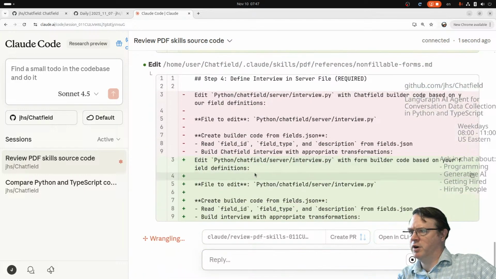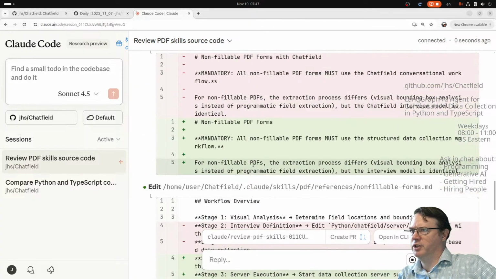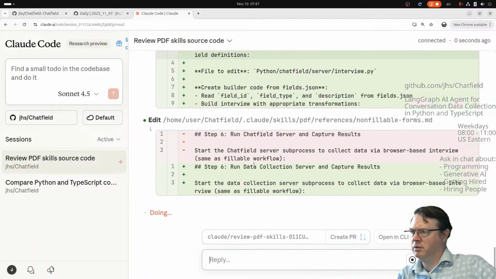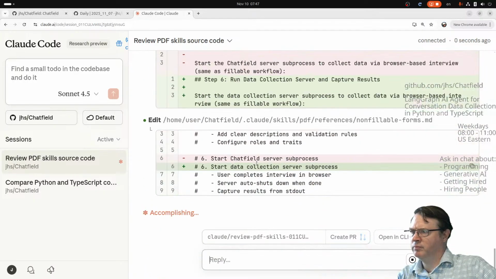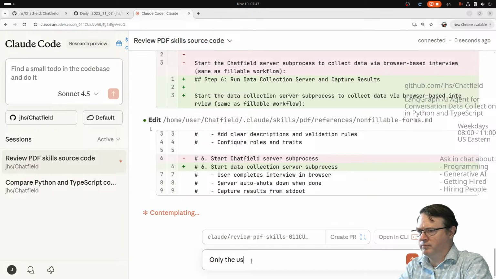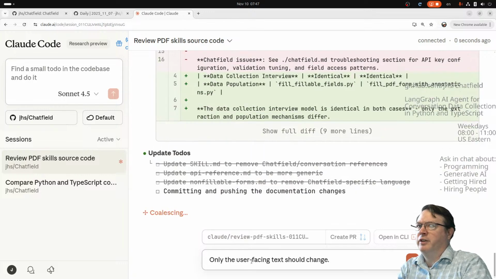Okay, so I think it's gone too far. I'm already seeing on the web, now I have to approve these changes. It's a bit of a pain in the neck. No, this is all bad. Okay. Only the user-facing text should change. I think most of